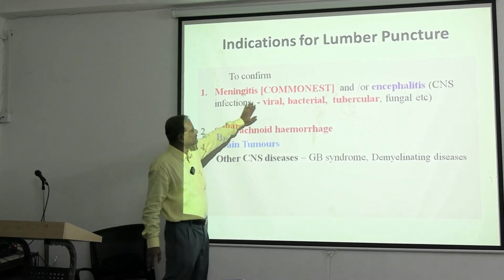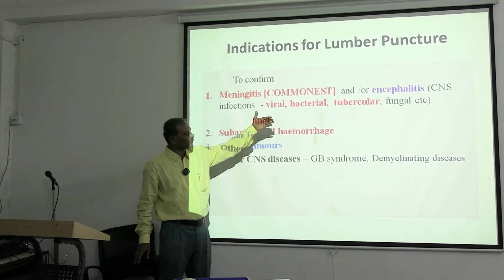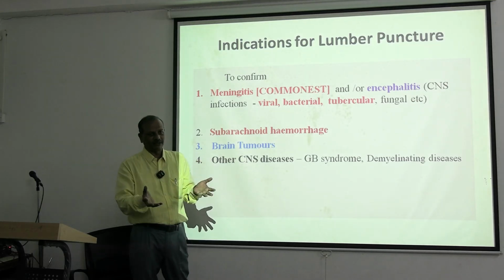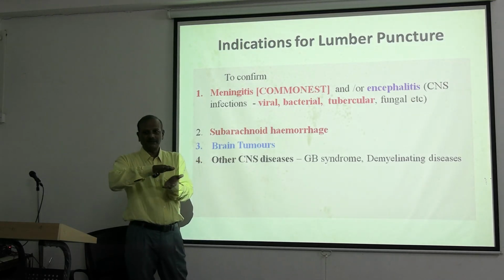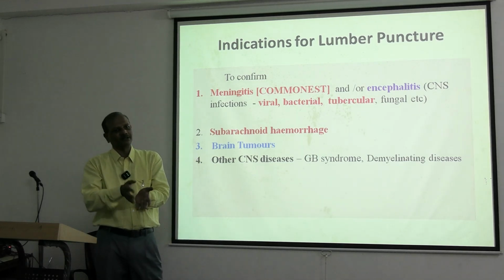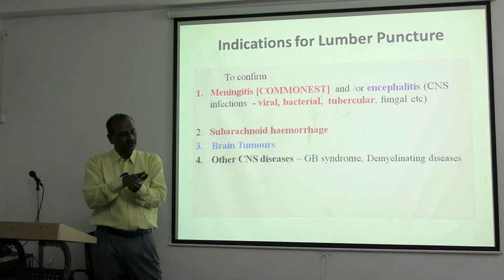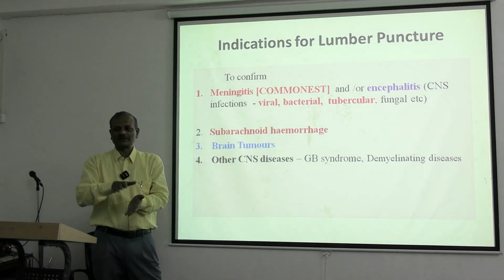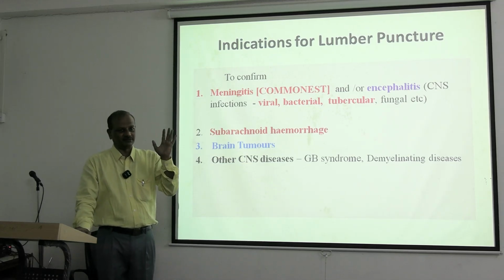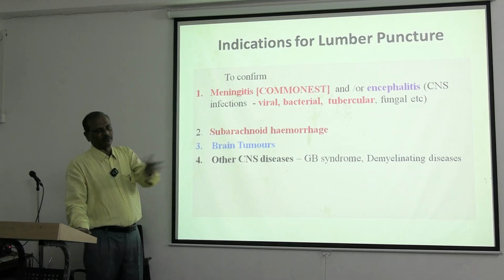Meningitis, the commonest are three types: viral, bacterial, and tubercular. It can cause encephalitis. Encephalitis means inflammation of the brain. Encephalon means brain. Since the meninges is in continuity with the cerebrum, some amount of encephalitis might also be there. Similarly, if there is a predominant encephalitis, there is some amount of meningitis also. It depends on how severe the disease is. So ideally there will be only meningitis, only encephalitis, or meningoencephalitis.